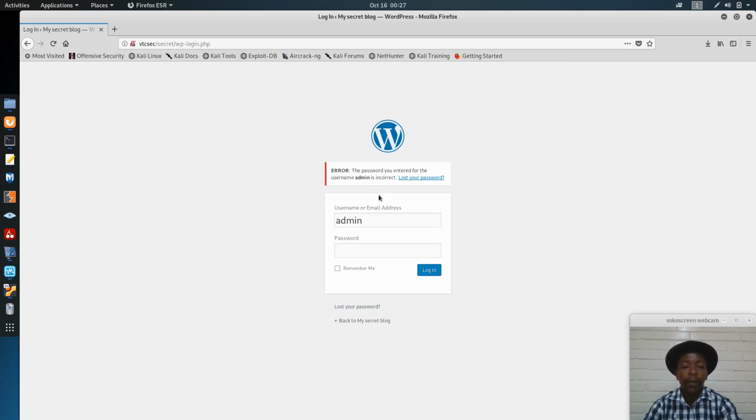It says to me admin is the username who administers this website, because from the knowledge of databases, you know that such a message can tell you that admin is there in their database, and what is wrong now is the password. So we need some dictionary attack in order to brute force this